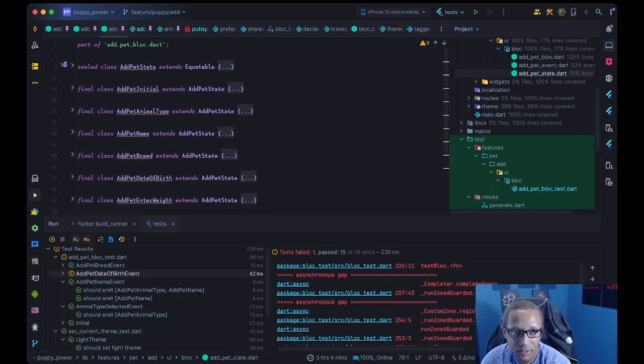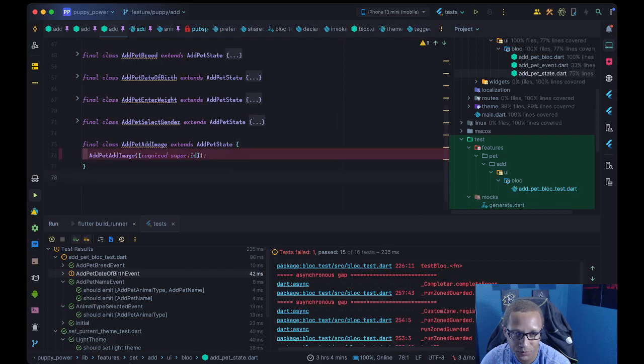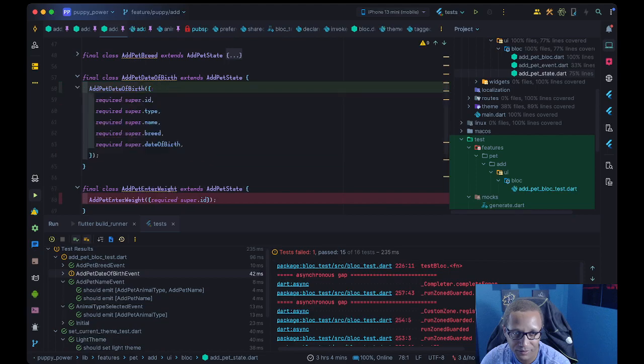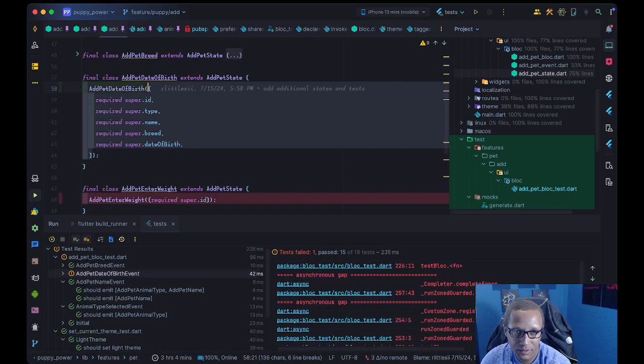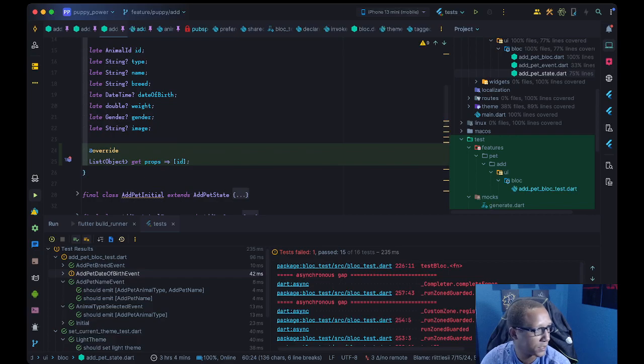All right, so I have a sealed pet state, right? Let me go find this one. No, what's the one that has it the most filled out? Enter weight. It's gonna be this one. All right, so that's fine. We'll take this, and now I know what I was attempting to do before that I was bad at doing. I think. Actually, let me go look at the